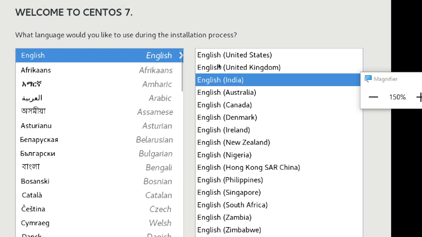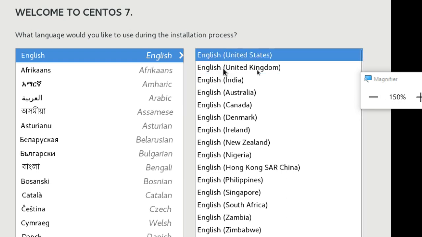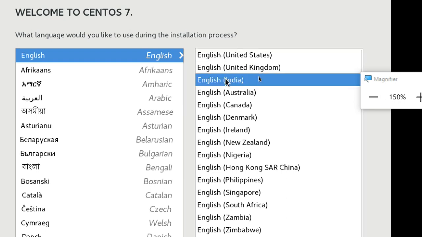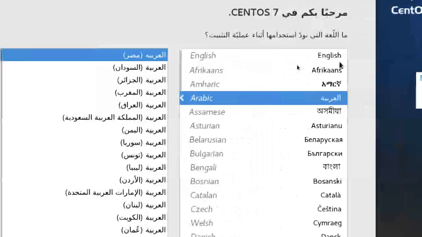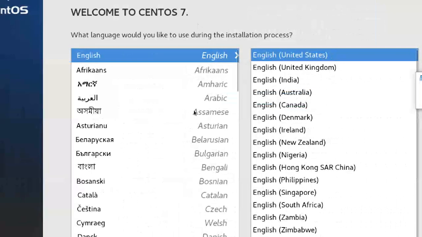So always select English, and India is recognized as one of the world's English countries. You can use United States and others, but choosing India automatically sets the time zone also. If you are very good at Arabic, selecting Arabic is also okay for you.